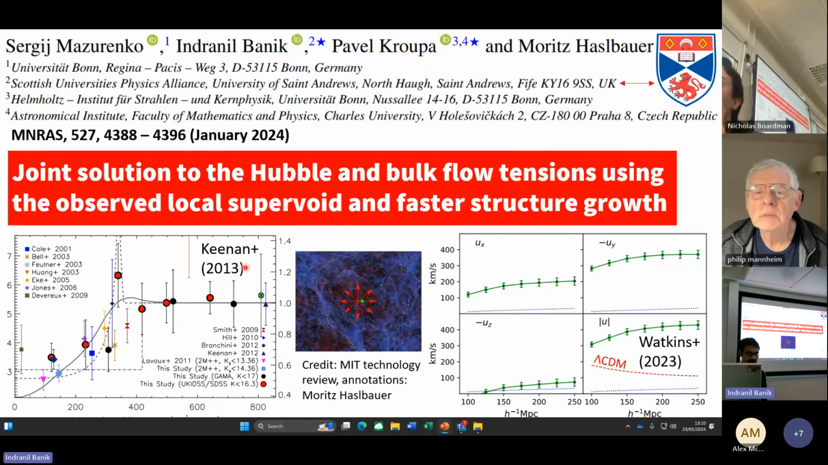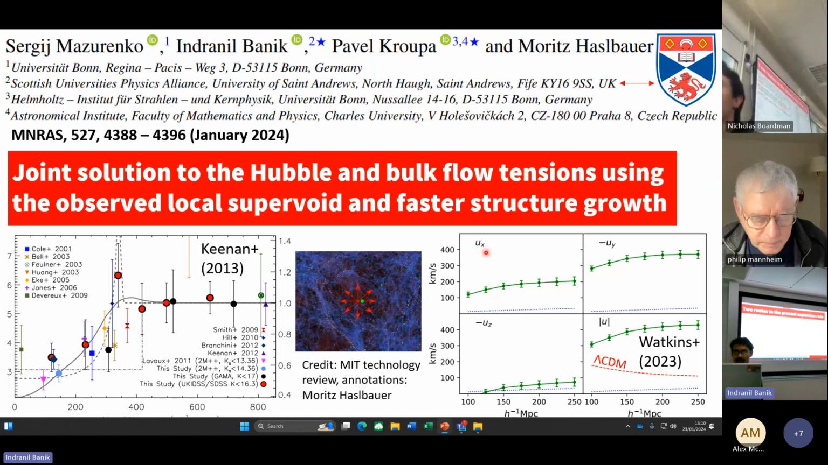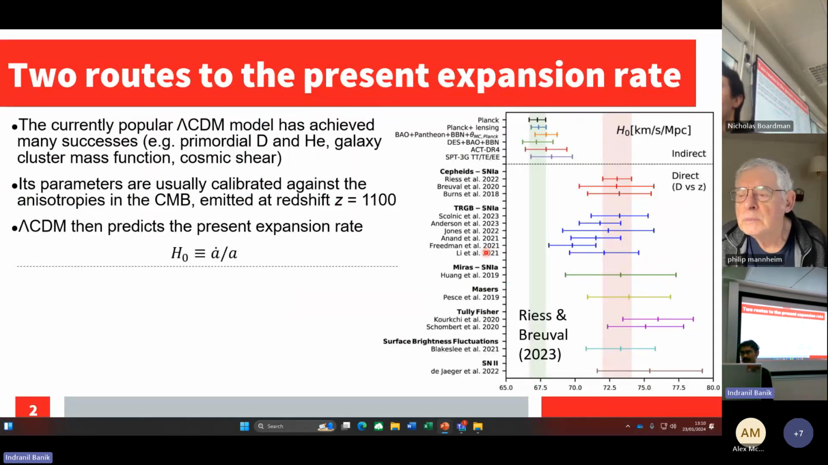In particular, I'm going to be talking about the idea that we're inside a local void and the evidence for that, and also about the peculiar velocities with outflows. I'll get onto that towards the end of the talk. So what, roughly speaking, is the Hubble tension? In case you're not familiar with it,